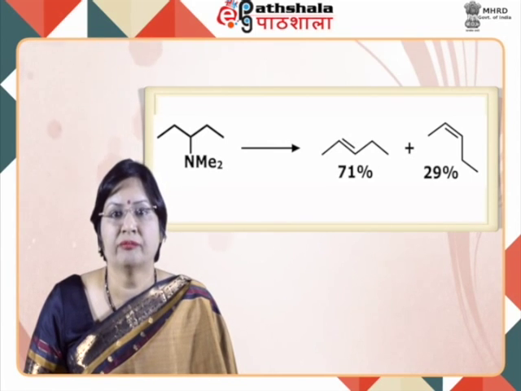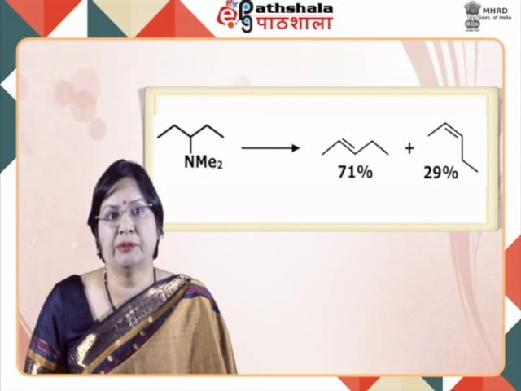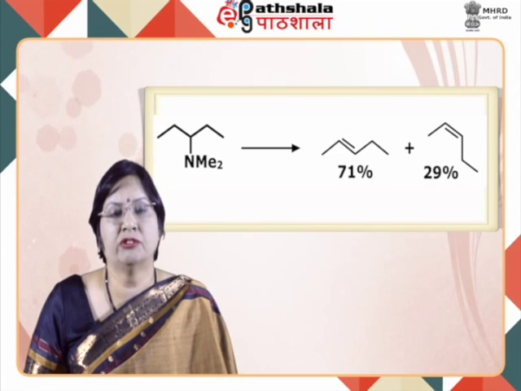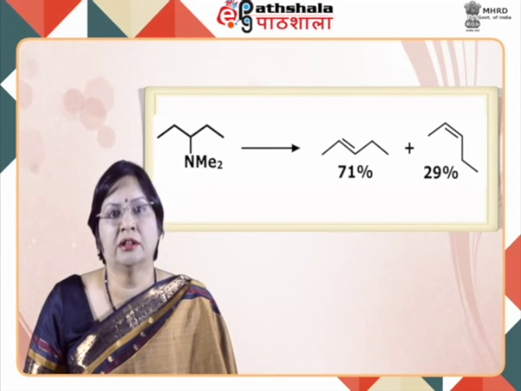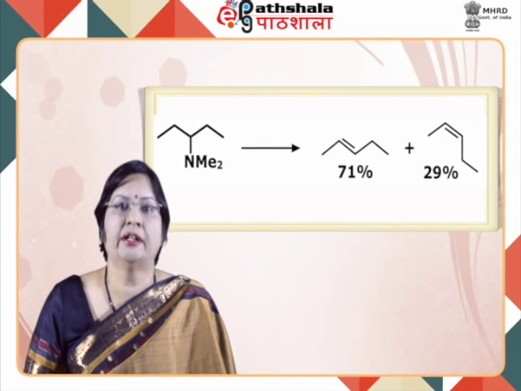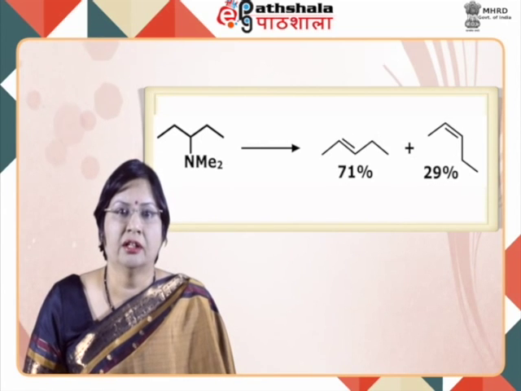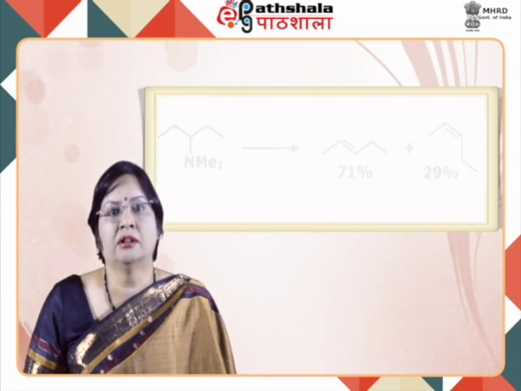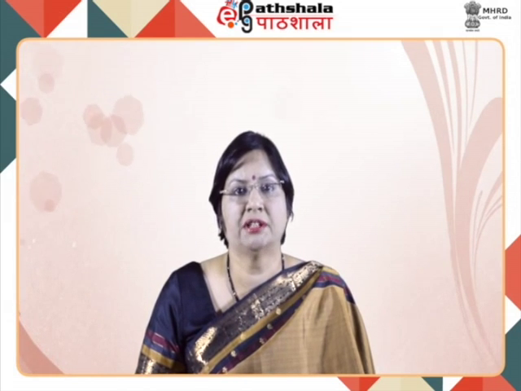So, as you can clearly see in this particular case, the NMe2, this quaternary amine, will go via the amine oxide. The double bond forms at this second position, where 71% is the product of the trans geometry and only 29% is the product of the cis geometry. And if you look at the amine oxide intermediates, you can clearly see why this is 71%